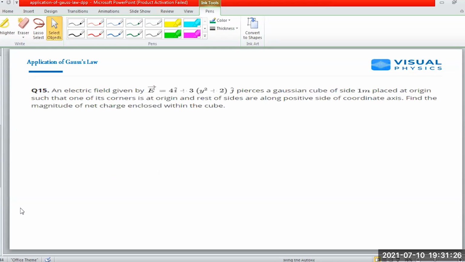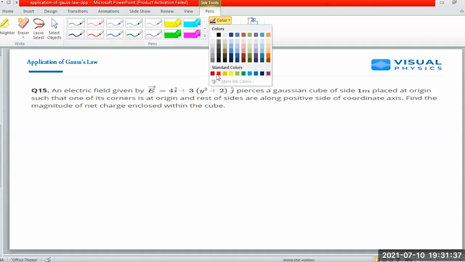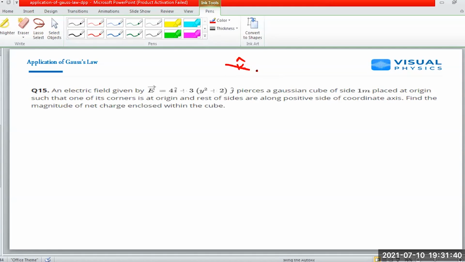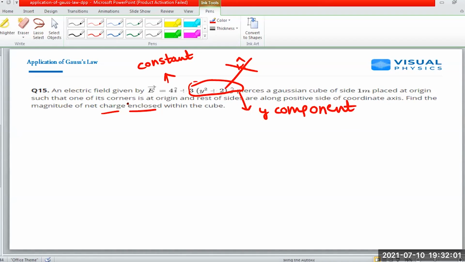Question 15. In this question, so many things are given. I need to discuss, we have already solved this kind of question in a previous DPP also. What I need to discuss is that just by looking at the question, I can solve it very quickly. First, there is no K component and the I component is constant. So if I have to find the net charge, all of that net charge is coming only due to the Y component. Why? Because if the X component is constant, it means in the X direction there is no charge distribution, no K component. So I only have to find the Y component charge.